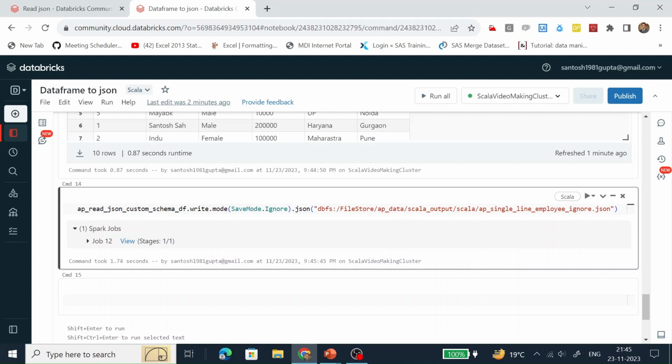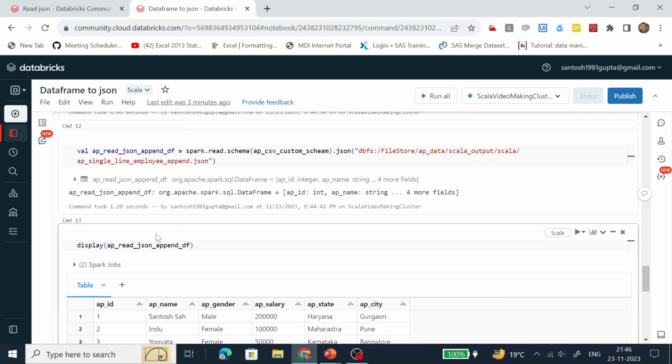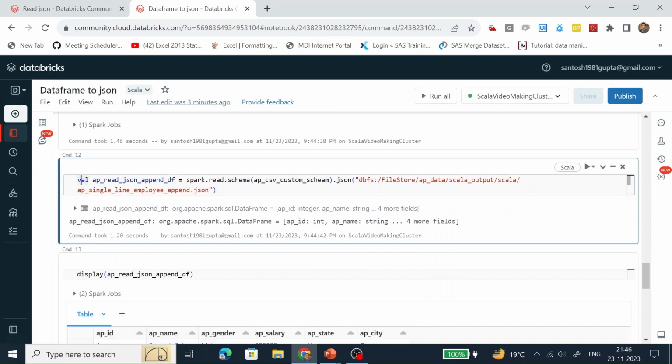With the help of the ignore saving mode, this data frame is converted, or we can say this JSON file has been created with the same data present in this data frame. Let's read the data.